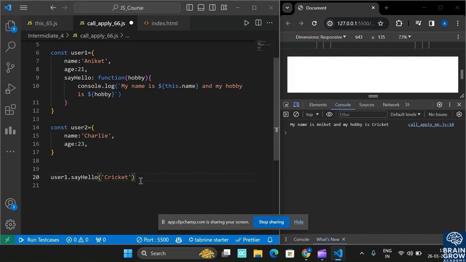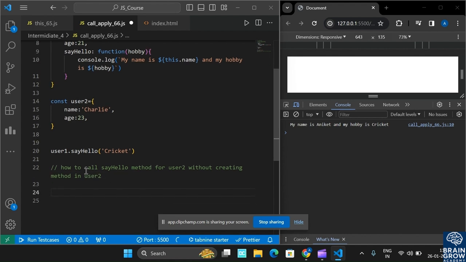So how to do that? The question is how to call the say hello method for user2 without creating the method in user2. So for that we can use